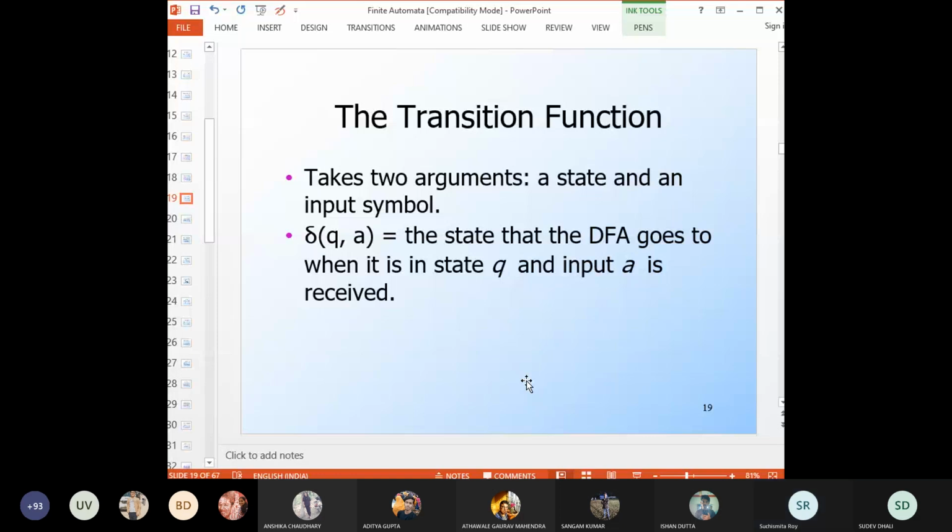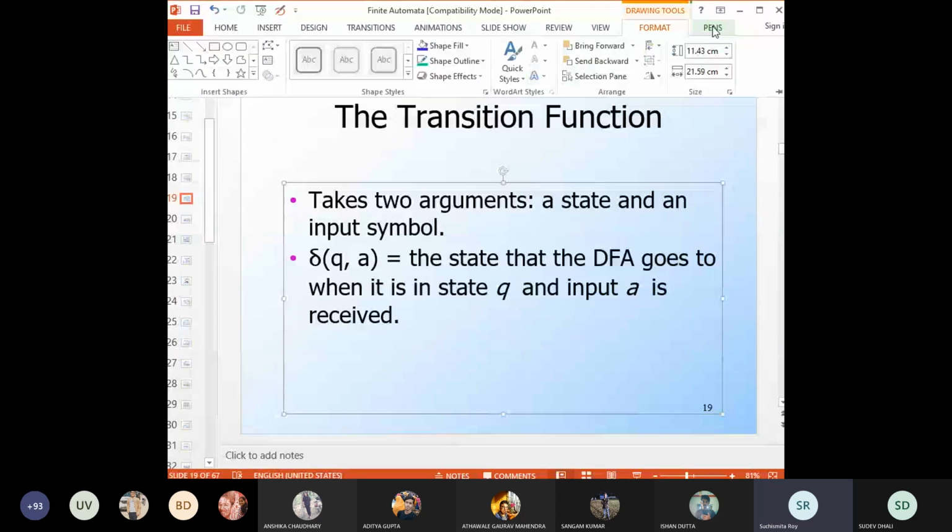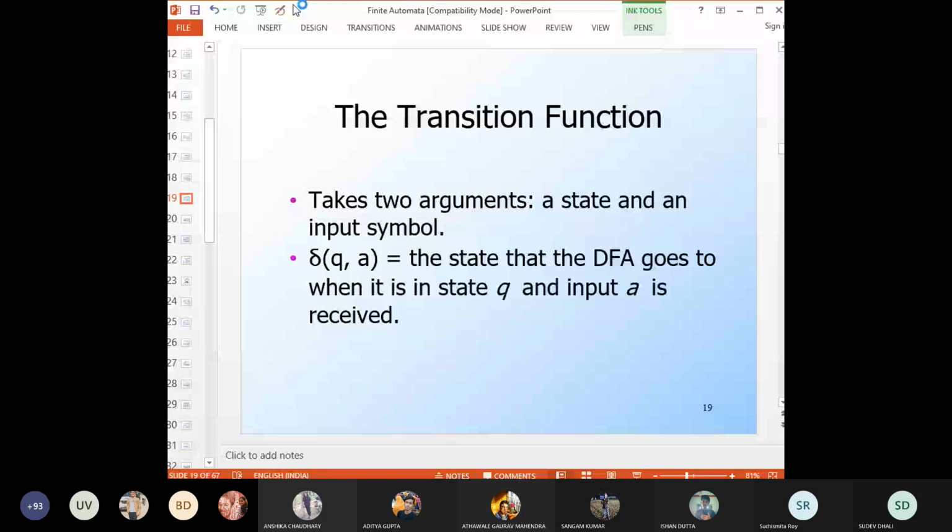So let's go back to the graph representation. Suppose this is a state, let's call it Q0, and we have another state, call it Q1, and we have this transition from Q0